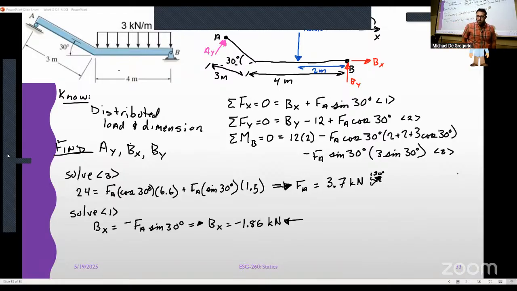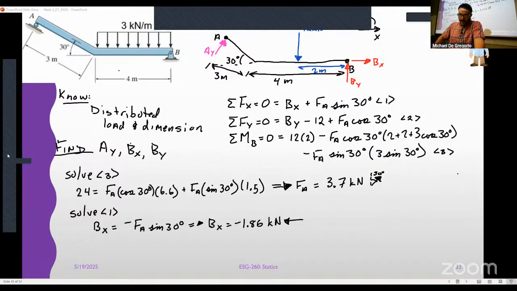Then we have basically everything we need to go back through the other two equations and solve directly for the B force, right? And so we plug in here, get this, Bx is negative 1.86. So it's actually going to be pointed to the left. Why? Because this thing's allowed to roll a little bit in either direction. And so by pushing down on one side, if you think about what's going to happen, right? If I push down on the lower half, that's probably going to pull A towards us, right? And so B has to counteract that, okay?